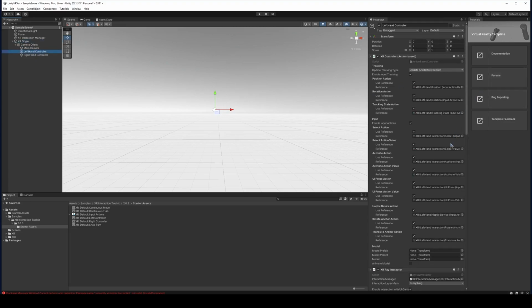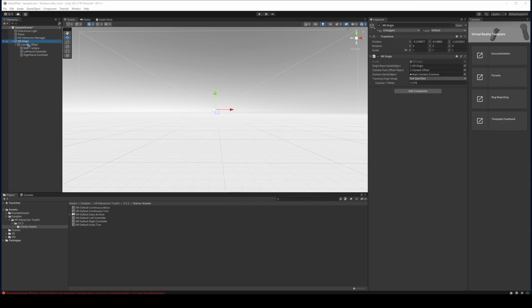So now that we have the controllers set up so that they have tracking states, they'll get the right buttons enabled and stuff like that, let's set up our XR origin to move. Okay, so from the XR origin, we're going to add a few components. The first one being a locomotion system. This allows you to move, right? Locomotion move. And we're just going to drag the XR origin over. We don't have to do that. I believe it automatically works,